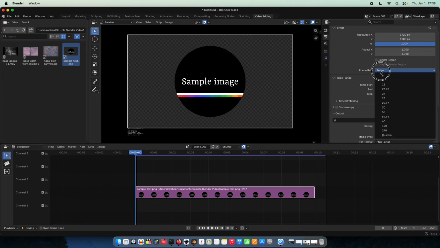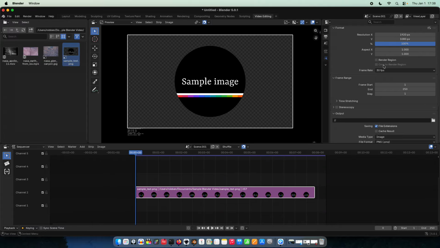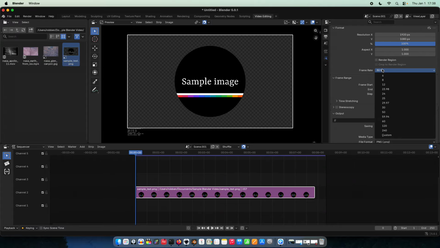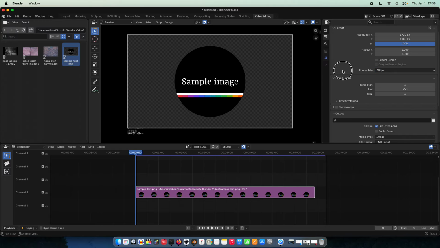And this is something you'll want to decide in advance and with intention. So if you have video content of a given frame rate, you'll want to match that in Blender, or you'll want to pick something and stick with it and make sure your input videos are all constant frame rate with an appropriate frame rate. So for example, I often do 30 frames per second. You could also do 60 or any of these numbers really, as long as it's consistent, especially with your input